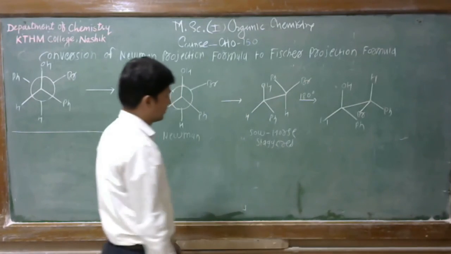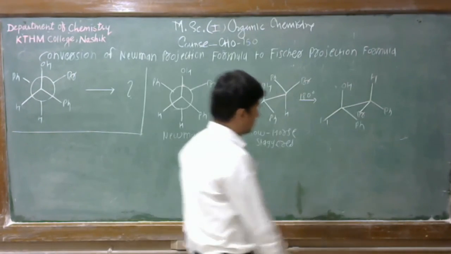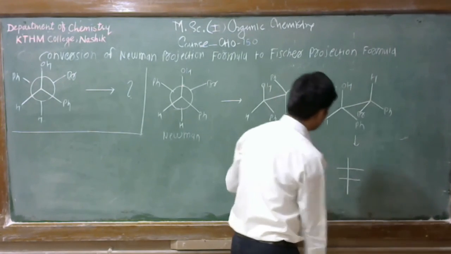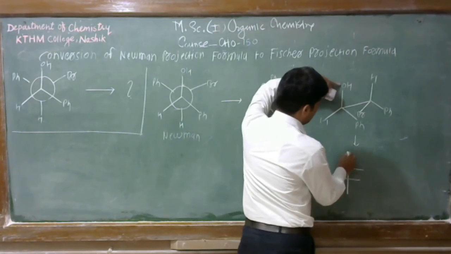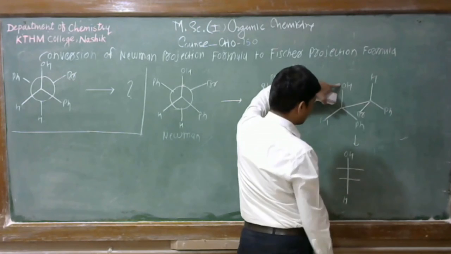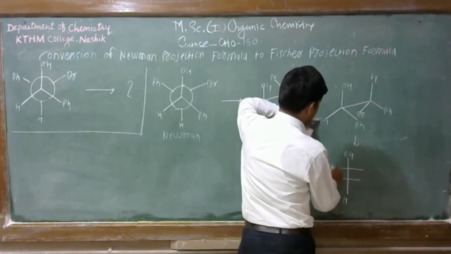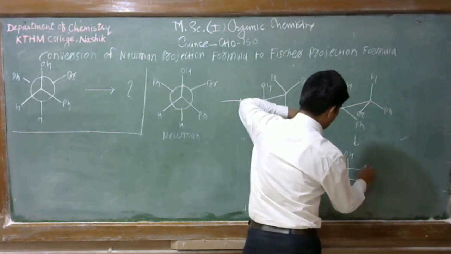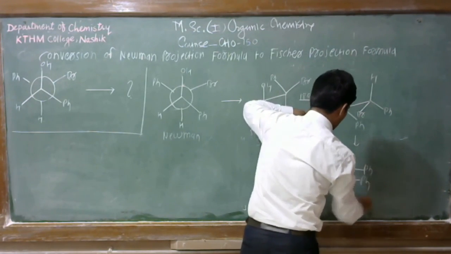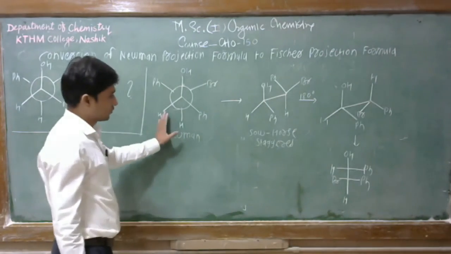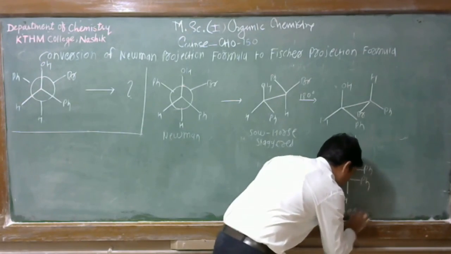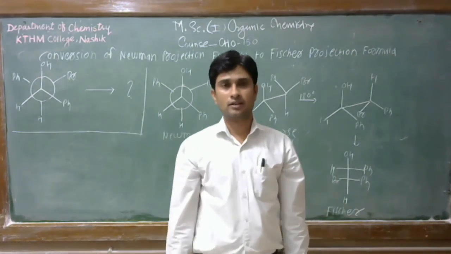If we convert this compound now into Fischer projection formula, then we can write here, see here, on the front carbon atom there is the OH in the above position, on the rear carbon atom there is the hydrogen in the above position, and toward the right-hand side this is hydrogen, this is Ph now. On the rear carbon atom this is bromine, and this is the Ph now. So this is conversion of Newman projection formula to the Fischer projection formula via Sawhorse projection formula. So this is a simple conversion.